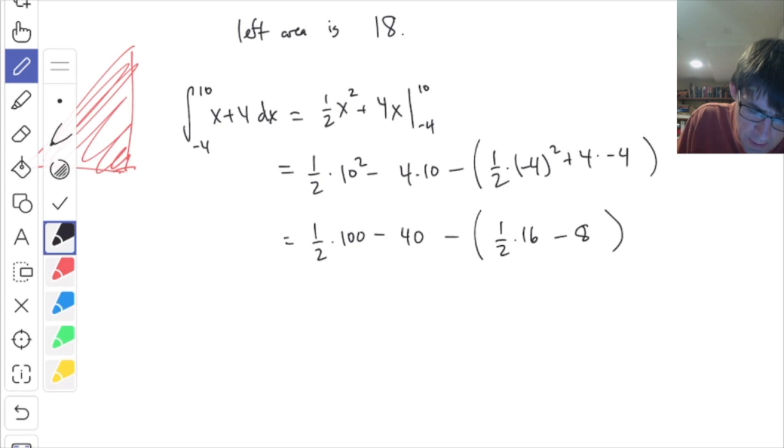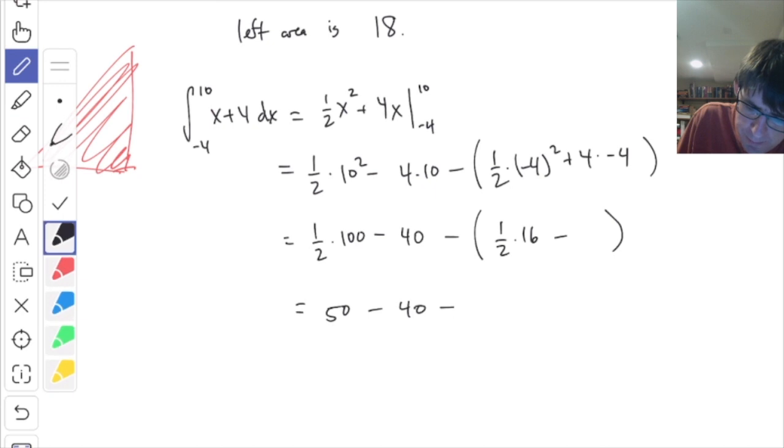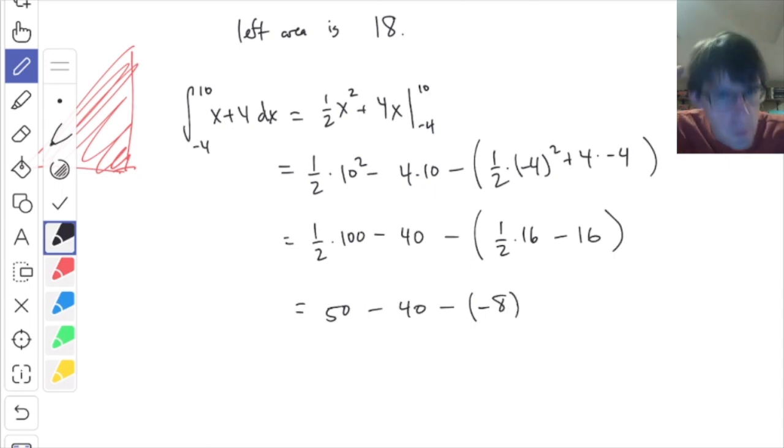All right, 50 minus 40 minus, this is not 8 there, sorry. This 8, I should have said 16, but you get minus 8 here. My brain was moving too fast for me. 50 minus 40 is 10, minus negative 8 is,